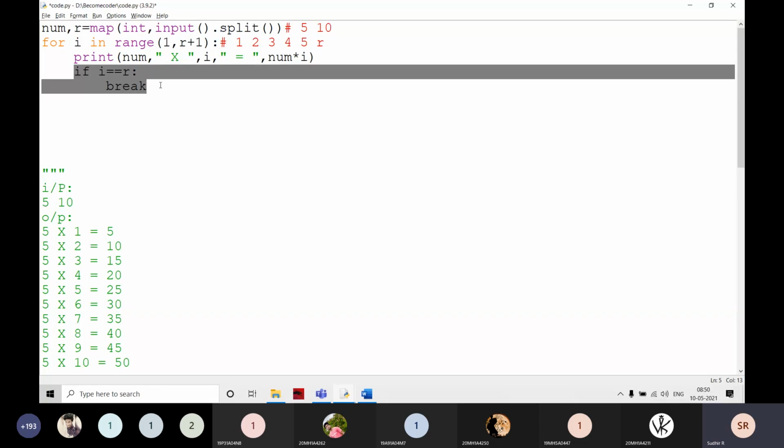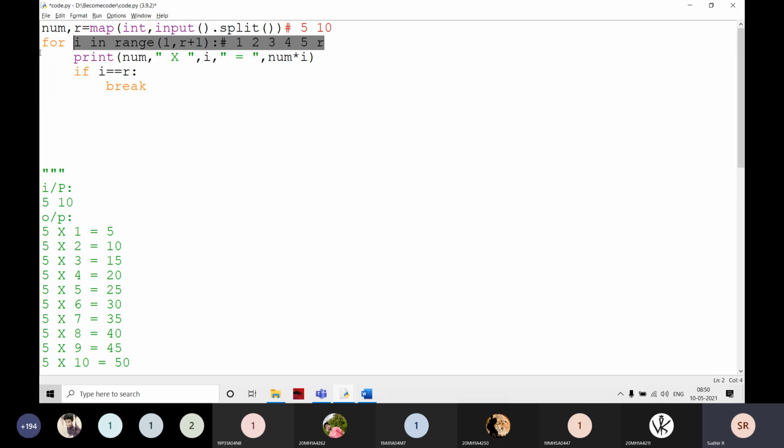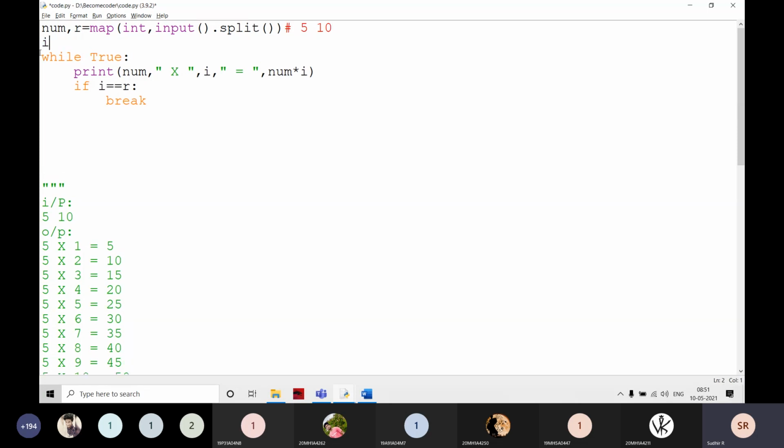When you write like this, if you go for an infinite loop, for example, I am going to write the same program using a while loop. For example, while True, that means this is always going to be an infinite loop. Then I is equal to 1, I have to start here, and always I am going to increment, I plus is equal to 1.